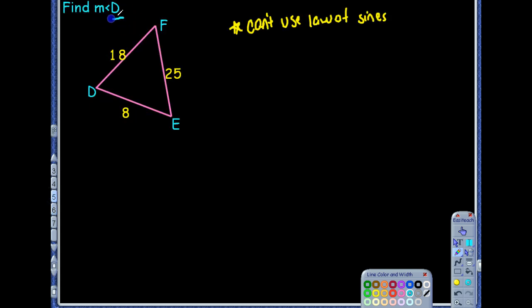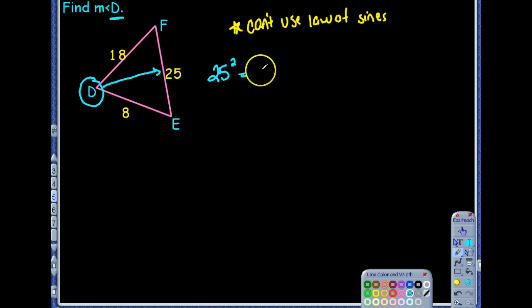Now notice here we want to find the measure of angle D. Okay, so what side is opposite D? The side that's 25. So that's going to be the C in our formula, the C squared that we're going to use. Or in this case, D squared. Yeah. That we'll use. It's what you're starting with. Your starting piece. All right. So what are we going to write here? 25 squared